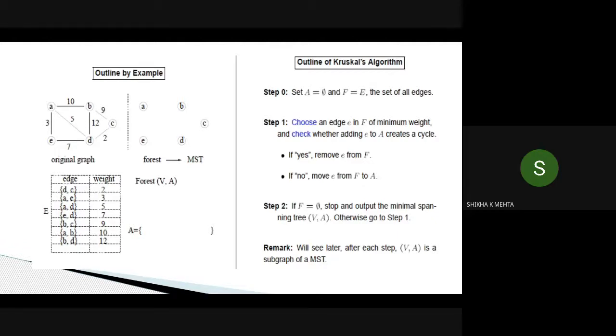So in this particular case, we have a particular edge A to D, which forms a cycle. Similarly, B to D is also forming a cycle, right? So we will be avoiding such kind of edges for consideration in the MST. Here we have seen that all the edges have different weights, and the first step that